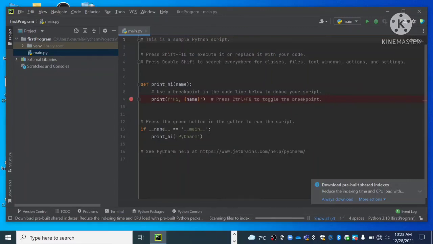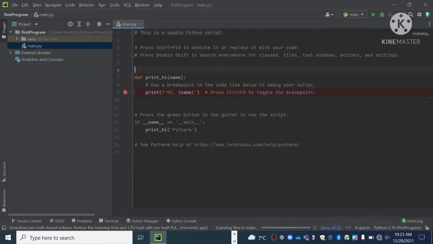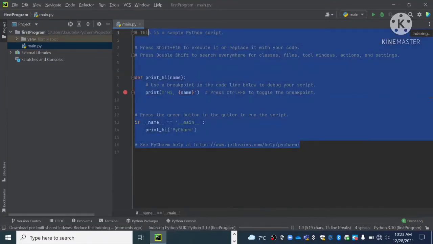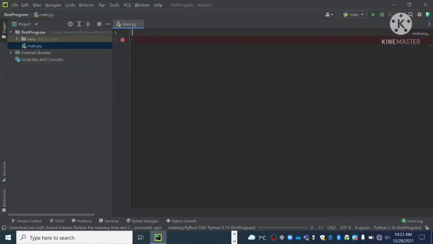So here we go, we have our first Python file created in PyCharm, main.py. These all are default entries in the file. So let's remove all of these. What we can do for now is just type a valid Python statement to verify whether it is working perfectly or not. Let's print out something. For printing in Python, we use print. We can print anything. We can print our name. Let's print out welcome.